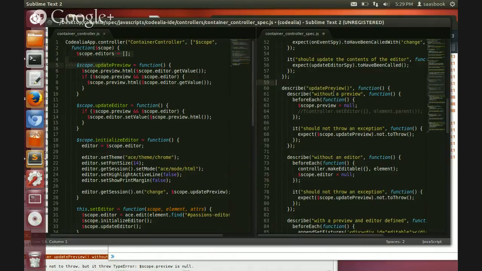Yeah, I do. This is update preview. I would think to test this update preview, I would come and test it through the scope here. But the way that we do it every time is, basically, we set up some background steps, and then we trigger scope.update preview, and then we make an assertion of, oh, this happened or this did not happen. And so on line 68,